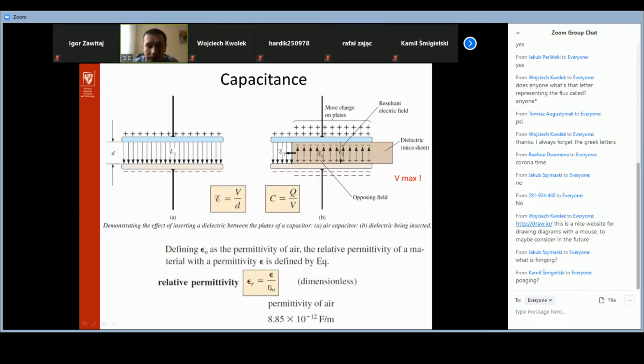This is epsilon zero, the notation. Okay, what is the relative permittivity? This is epsilon R. This is the permittivity of the dielectric material, and this relative permittivity is equal to the permittivity over the permittivity of air, according to the reference. So